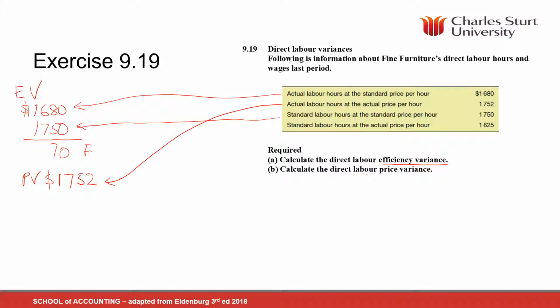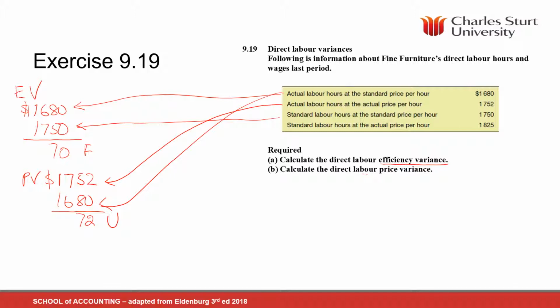So we've got to compare this with the actual labour hours at the standard price, which is 1680, and that's 72. And that's unfavourable